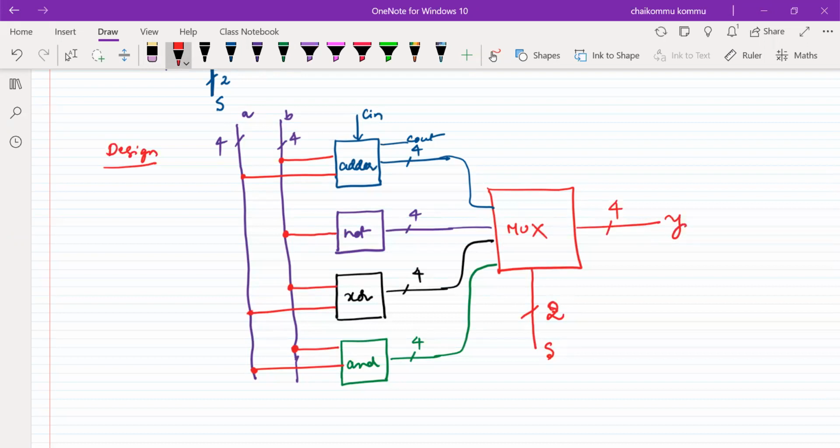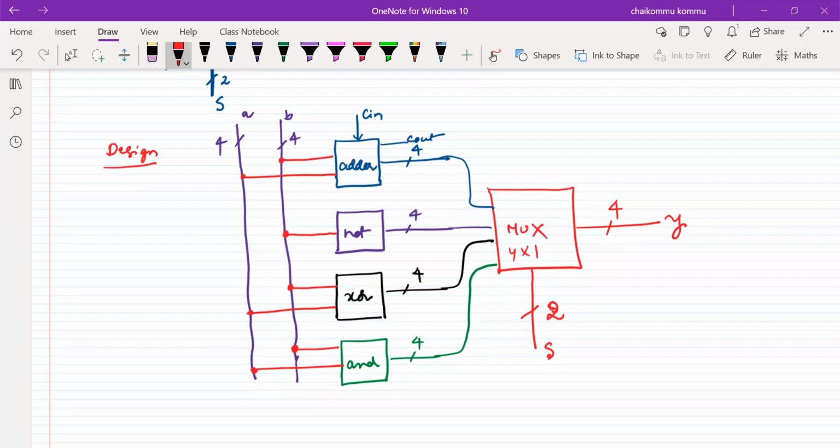In the previous classes we have seen the normal 4x1 mux. What is the size of this one? It is a 4x1 mux. But each and every data for the 4x1 mux that we have taken is only 1-bit data. Here what is the size of the input data? 4-bit. That means there are 4 lines and each line has 4-bit size. That is the thing that we have to design.